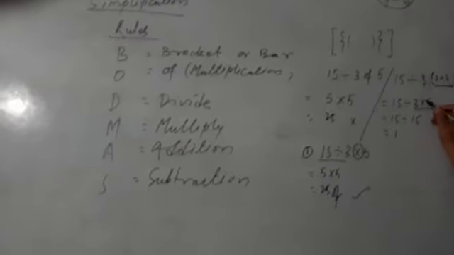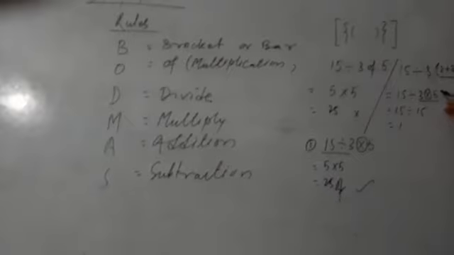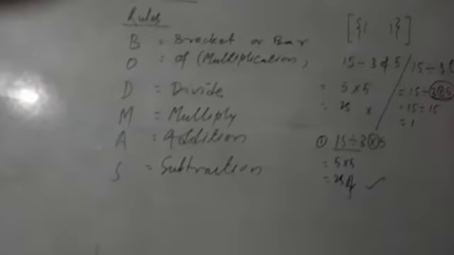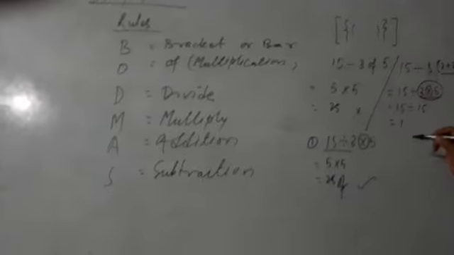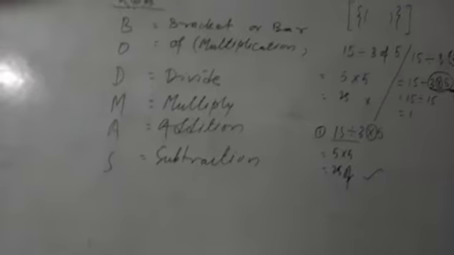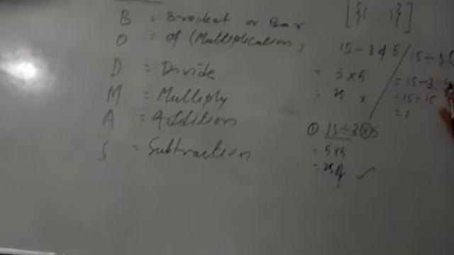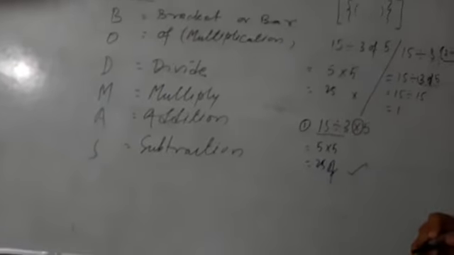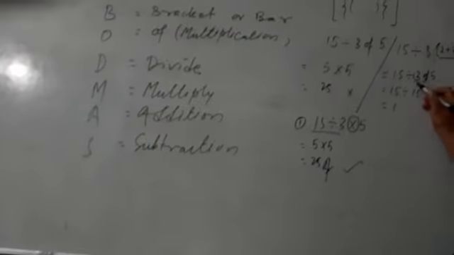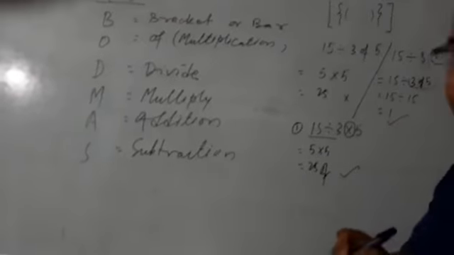But when you see a multiplication sign shown like this, it is done at last, after the divide. That is why you do not show the into sign here; you show the of sign. When you show the of sign, it is multiplied first and then divided, and its answer is 50. Did you understand?